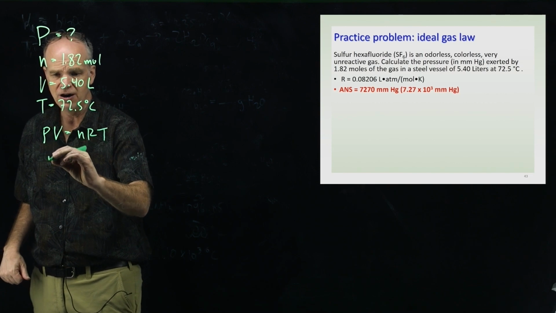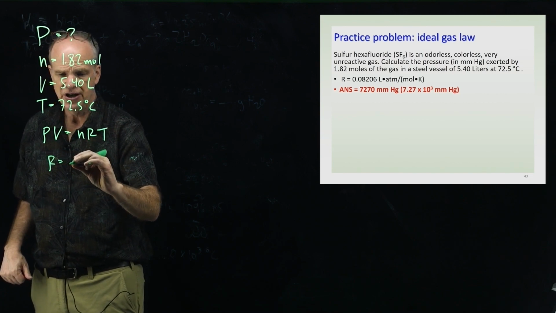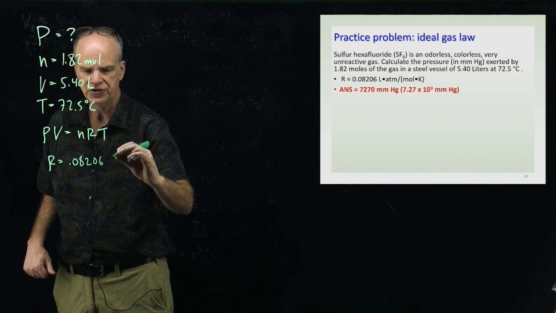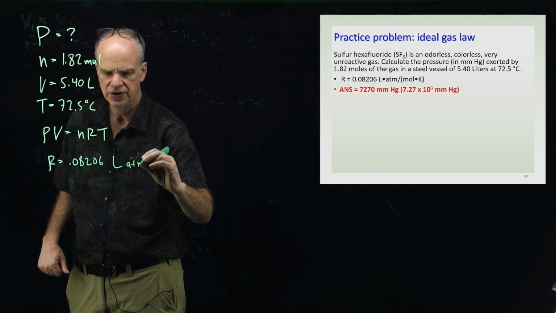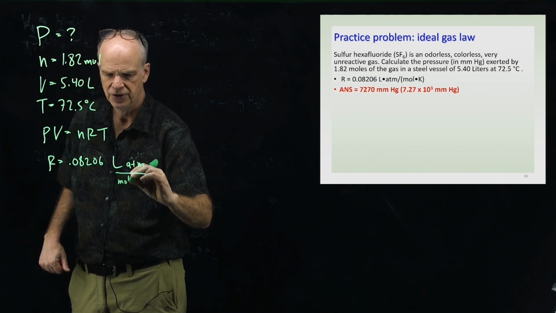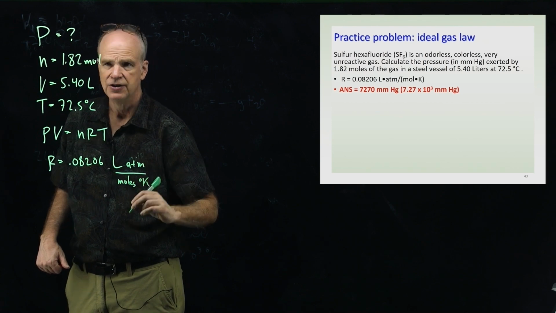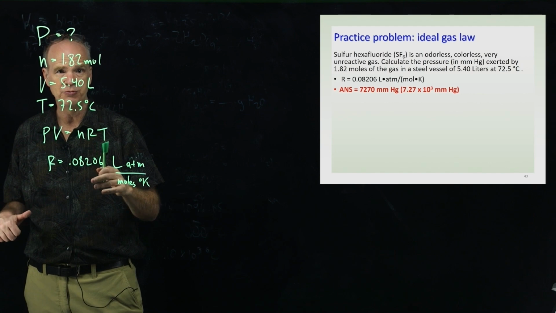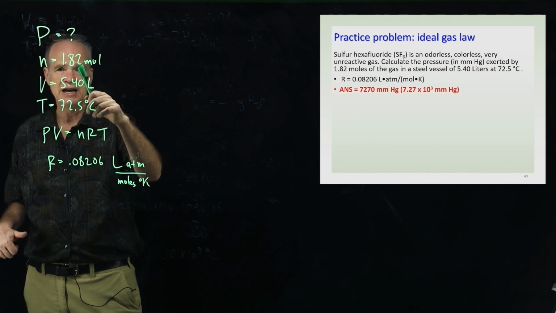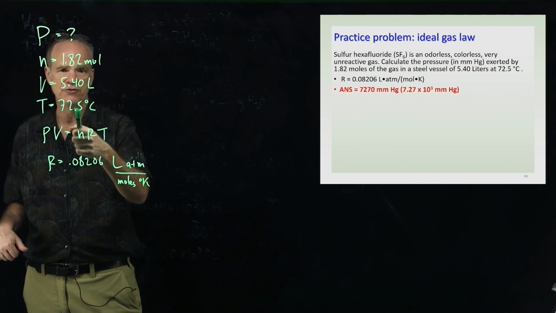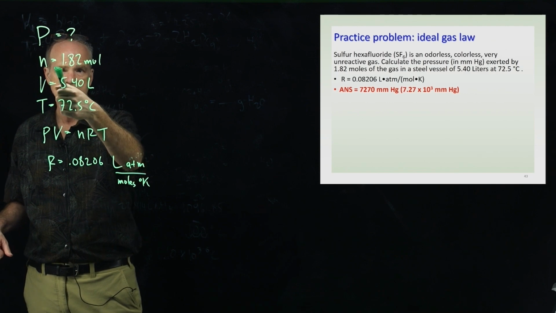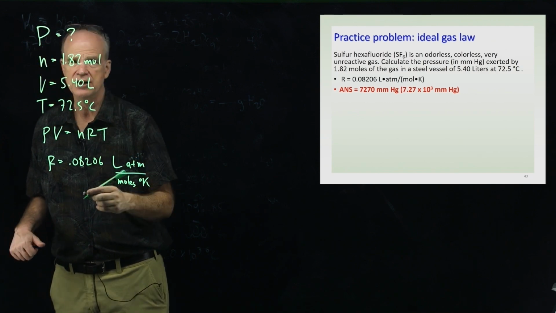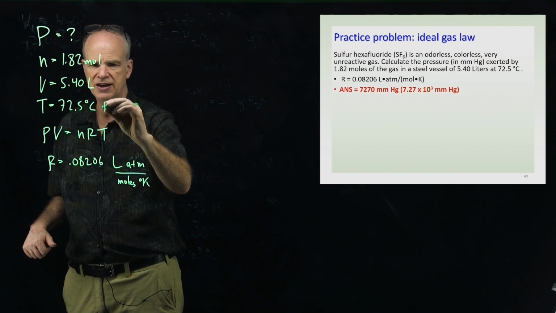And so R, let's just write this out, is 0.08206, and the units are liters atmospheres over moles degrees Kelvin. To use this formula, we have to make sure that we have all these properties in the correct units. Volume is in liters, which is good. We have an amount of gas in moles. We will have to convert this temperature into Kelvin, so it's going to be plus